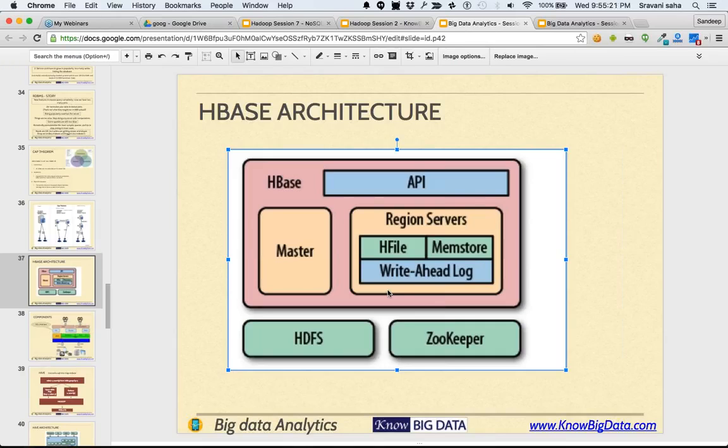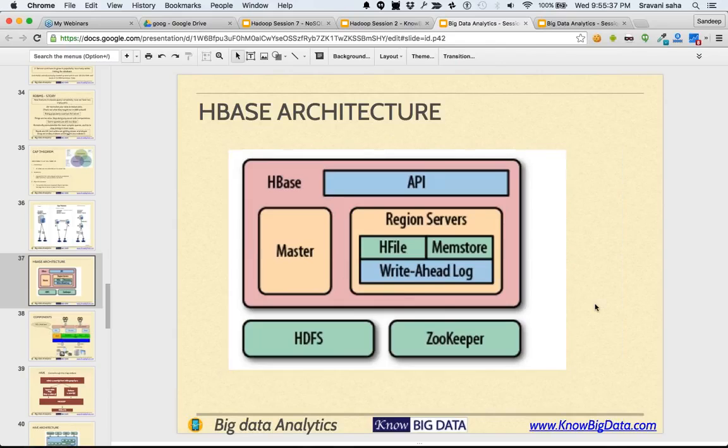Then again more inserts will happen, and regions will keep on increasing, and after a point of time when these regions increase beyond a size, they are again broken down into parts. So this keeps on happening all the time, as more and more records are being added.